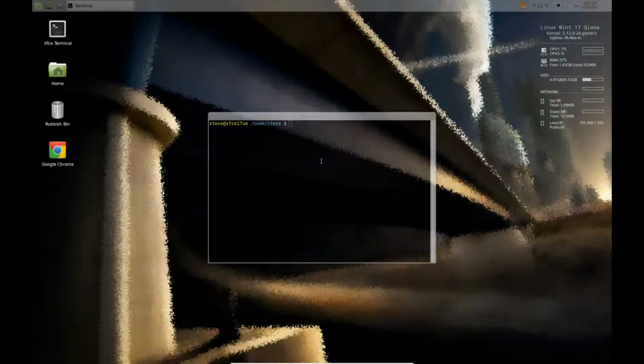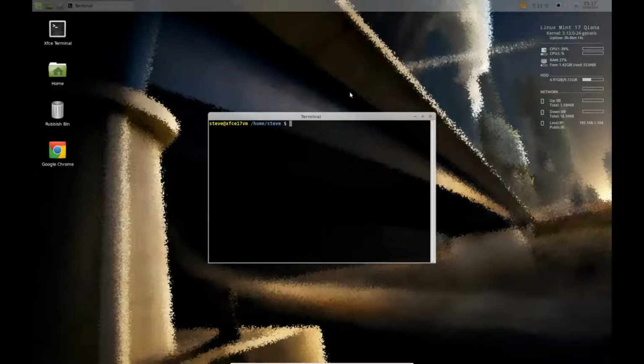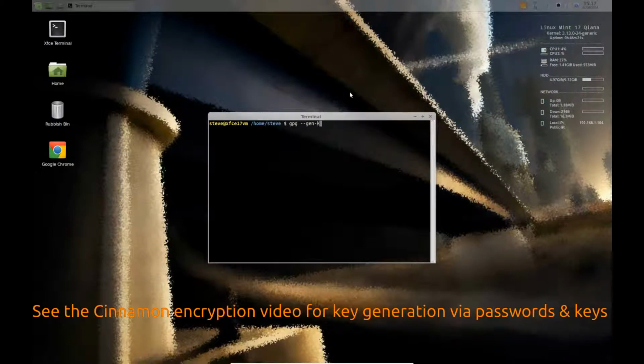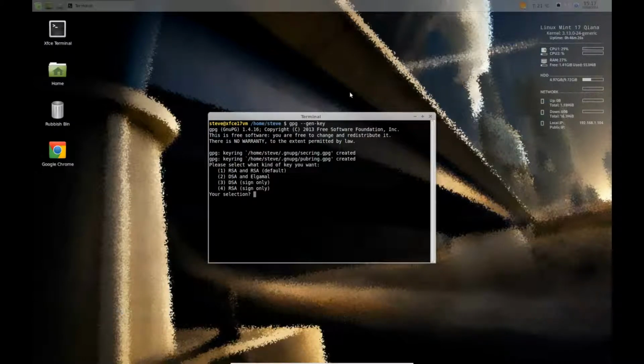Hello there. Today I'm going to show you how to install file and clipboard encryption in Mint Xfce. The first thing I'm going to do is make a GPG key, and I'm going to do that from the command line. It's quite easy, quite simple. So first of all we need to type in gpg --gen-key,